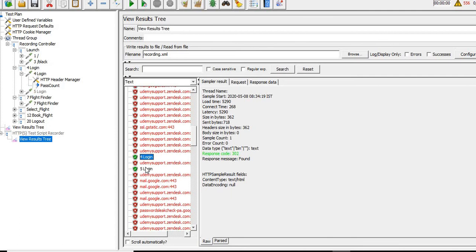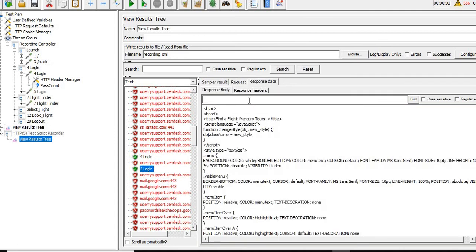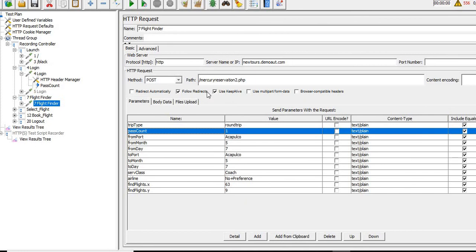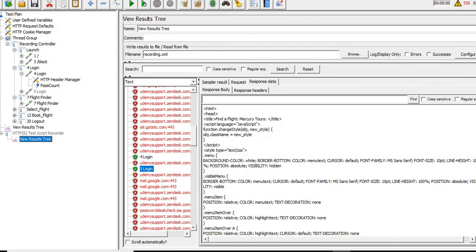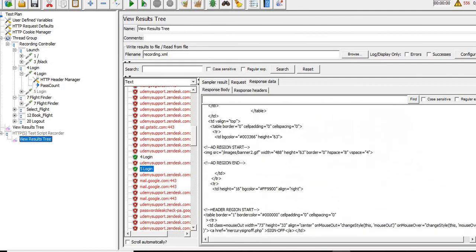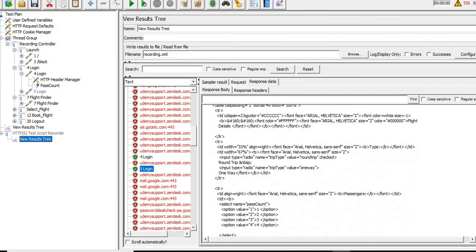Okay. The name of the parameter is pass count 1. So let's try where it is. We are still searching.